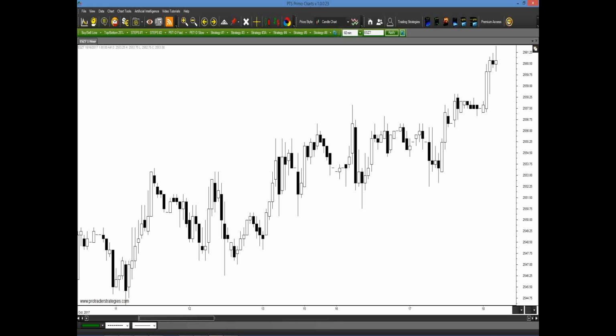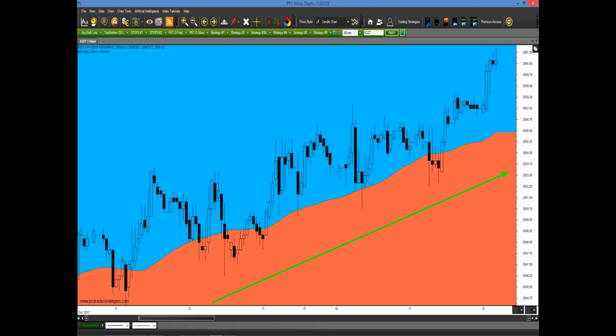Once again, we have an hourly chart here that's kind of headed higher. If we apply the buy-sell line, we see that we're oscillating above and below because, with intraday trading, especially futures, you have what we call noise. It's a lot of back and forth. But the majority of the time, we were in the buy zone. So if you click on strategy 4, look at all the buy signals. Once again, some better than others, but that's okay. Now that's on an hourly chart.